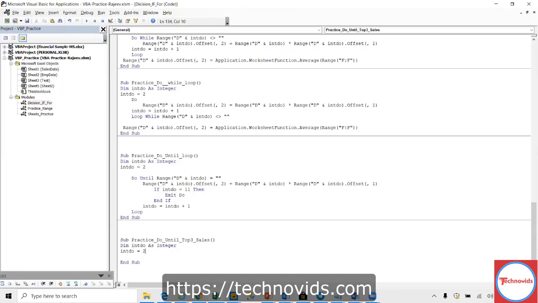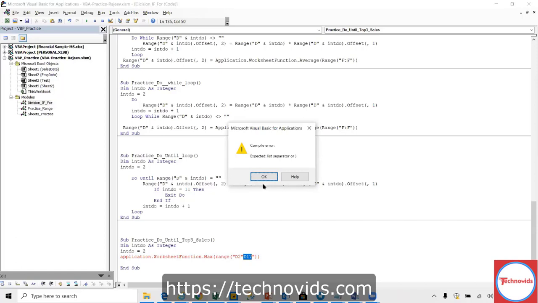We have seen Application.WorksheetFunction.Max, so we give a range here. The range I need is D2, D2 to D16 or 17, something like that.